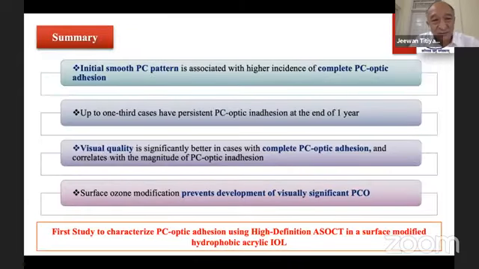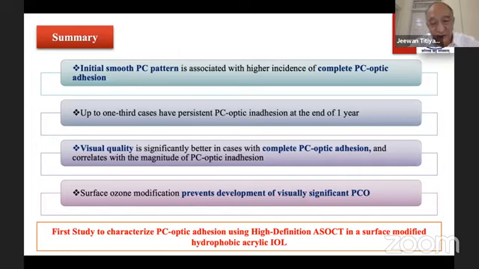To summarize, I think the posterior capsular pattern from day one is important, which will decide the adhesion of the capsule to the posterior surface of the IOL. And if you have adhesion, if you have less distance between the posterior capsule and the posterior surface of the IOL, the quality of vision is far better than those cases where the capsule is far away. In terms of posterior capsular opacification, it did not make a difference. But yes, the quality of vision was definitely better with adhesion. Therefore, the concept of modifying the posterior surface of the IOL and getting the posterior capsule attached seems to be absolutely correct, because the quality of vision is definitely better in these cases.